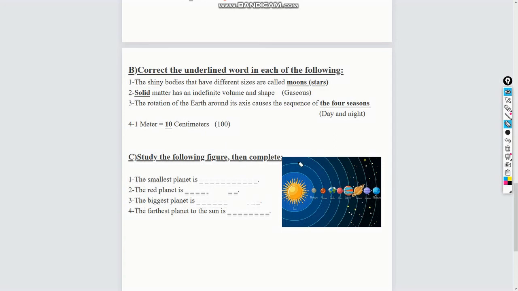Study the following figure, then complete. The smallest planet is, yes, it's Mercury. The red planet is Mars. The biggest planet is Jupiter. The farthest planet to the Sun is